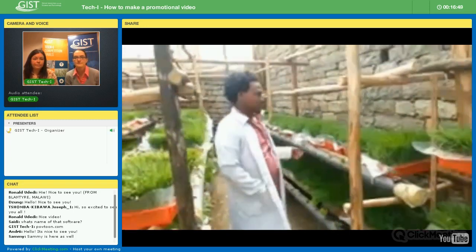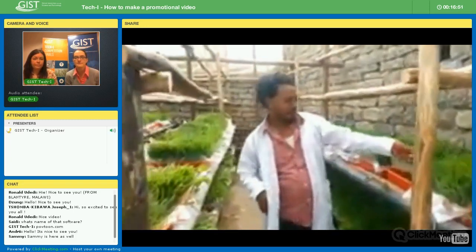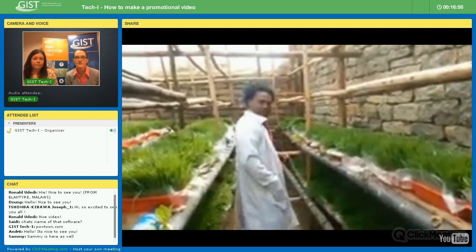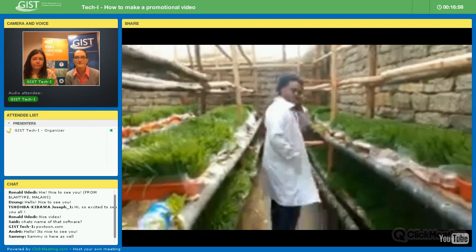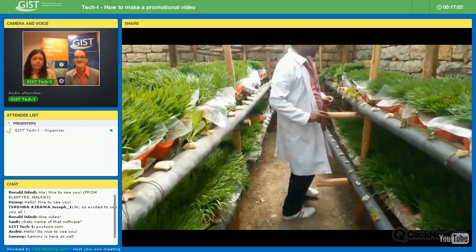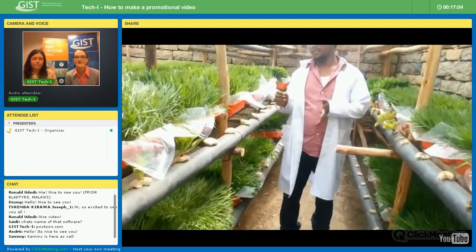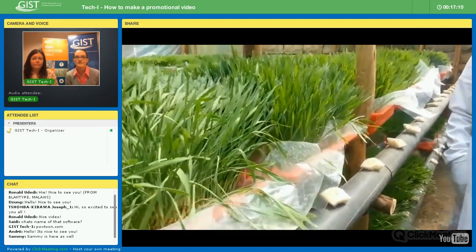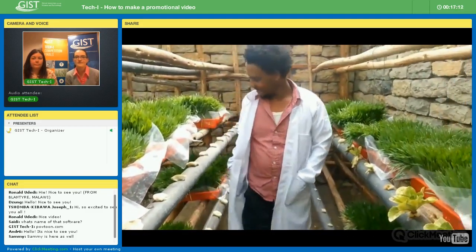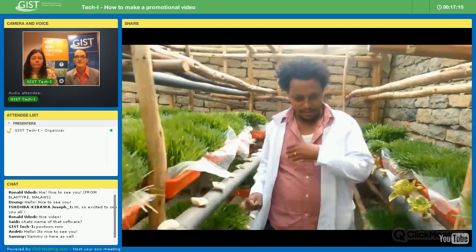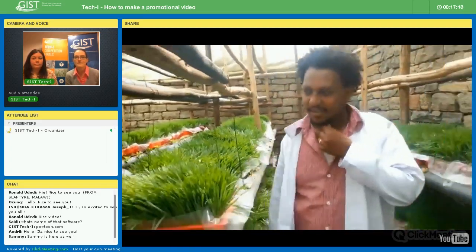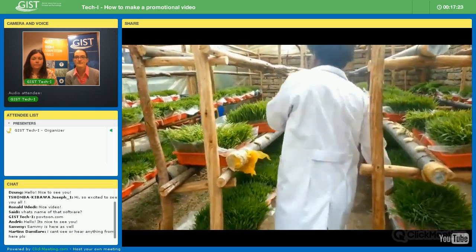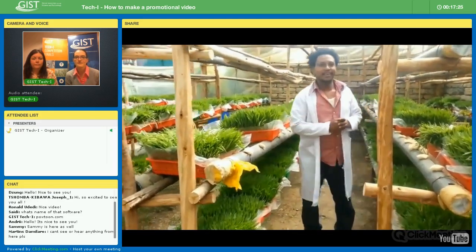A soilless agriculture that uses only water and nutrients. This technology is a new concept and perspective in production of animal feed in Ethiopia. Hydroponic green feed production has many advantages. One, minimum use of land. 50 square meters of land in hydroponic method is equivalent to 10,000 square meters of land in conventional method to produce 600 kilograms of animal feed daily. Secondly, it reduces growth time. In conventional practices, it takes 45 to 60 days to grow a consumable green feed, while only 7 days is needed to produce such green feed. Thirdly, it reduces water consumption.